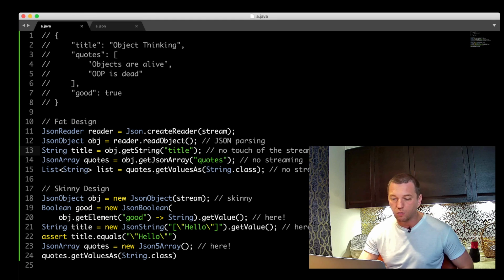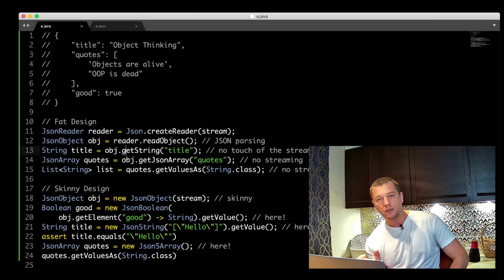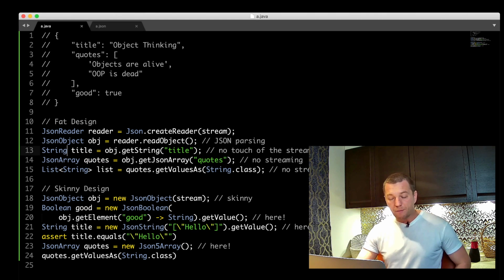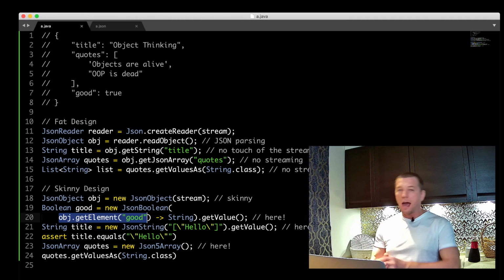So in this case, look, we never return you back the pure text. We always return the objects. Like here, the quotes are coming out, like JSON array. Here's the list. Here's the string. But here with the get element method, we just let anyone take the pure data out of the object, and then deal with the data.